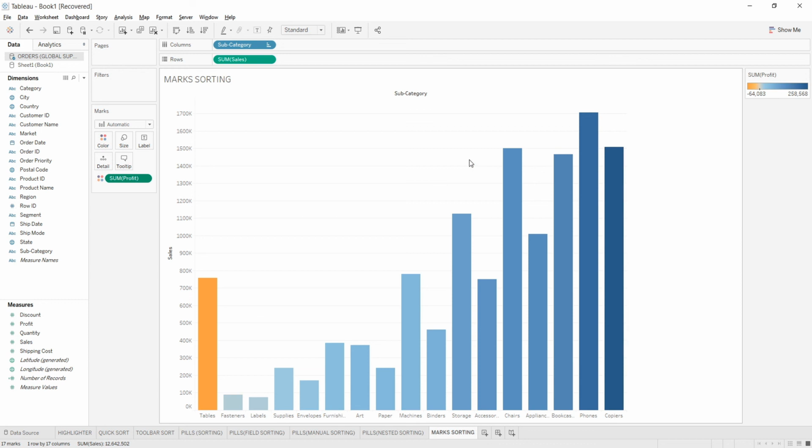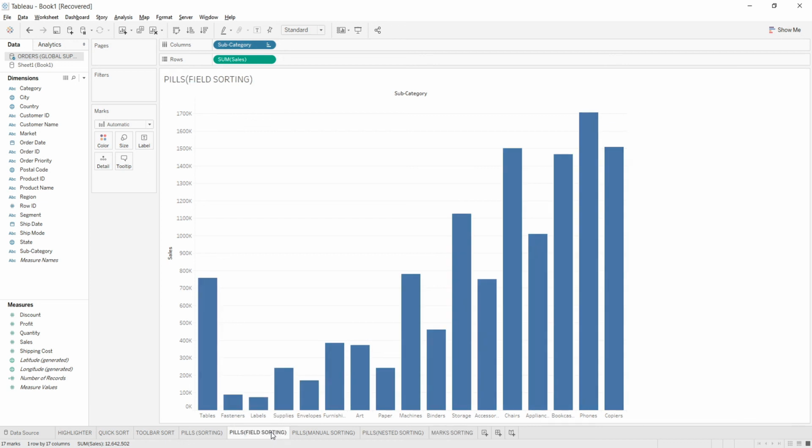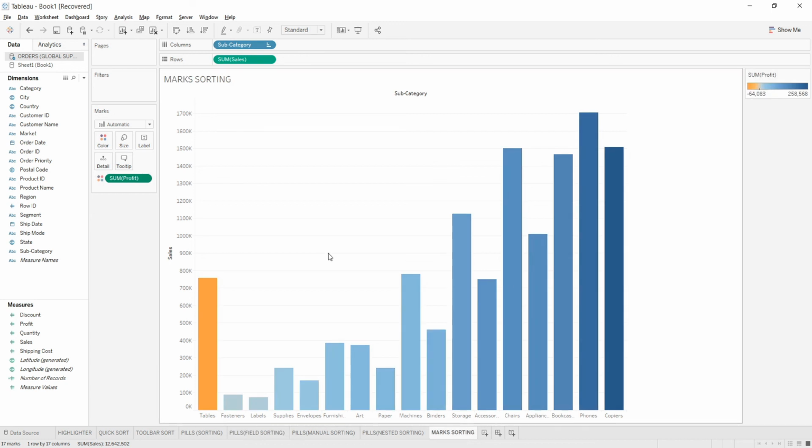Remember this thing, that whenever we do sorting by field, it also gives you the same output, but after coloring that view using the same attribute over which we have sorted, it converts to the marks type of sorting. As we can see here, when we did the field sorting, it gave the same output, but the difference was that the color was not present. So if we are using the sorting with the help of the marks tab and by color, then that type of sorting is basically called mark sorting. With this, sorting is completed.